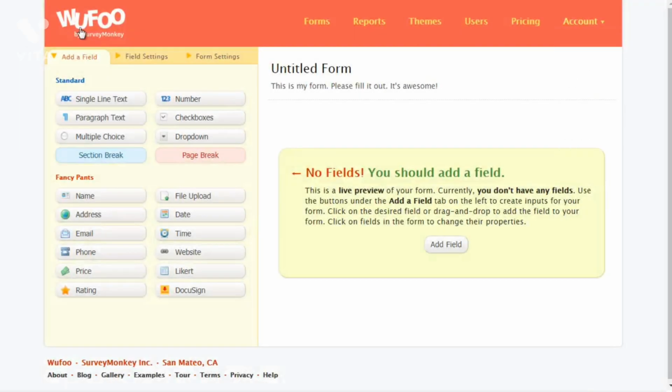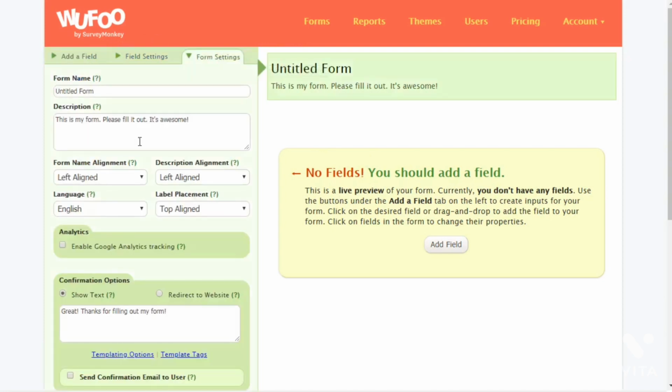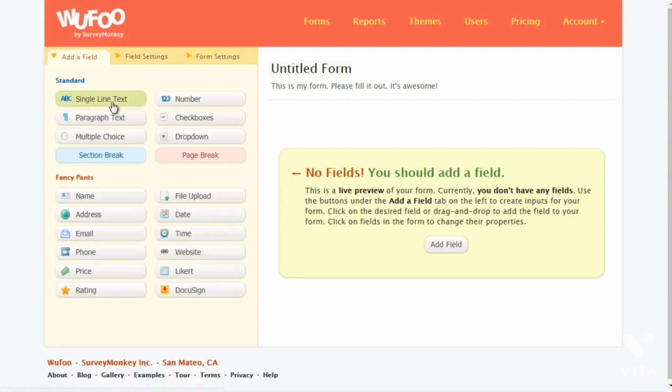Okay, so Wufoo.com is actually owned by SurveyMonkey.com, but we're using Wufoo here. And if you go here, you create a new form, you should see this page. Now, by default, you can edit the form settings, and that simply allows you to change the design, the alignment, and the form name and all that. But if we go over to add a field, in terms of building out your survey,